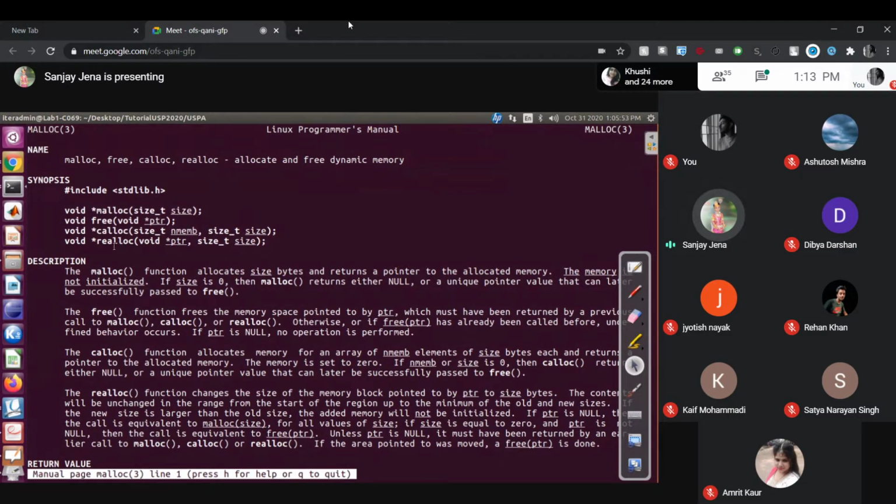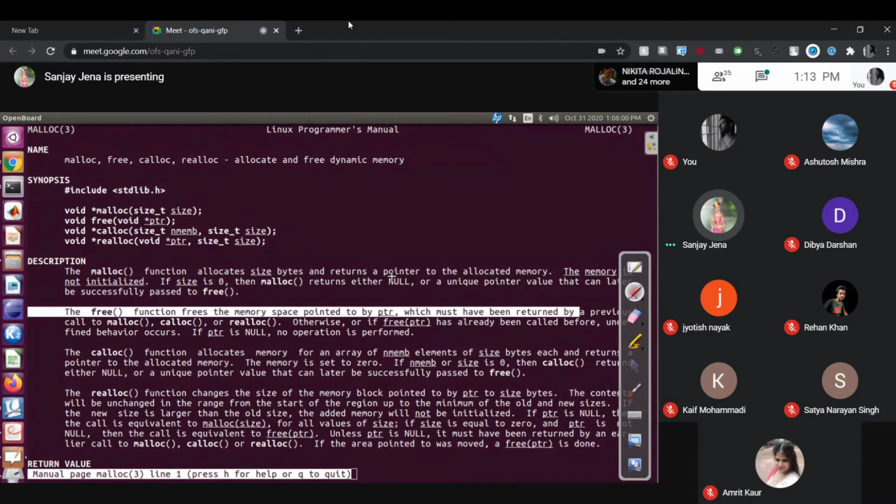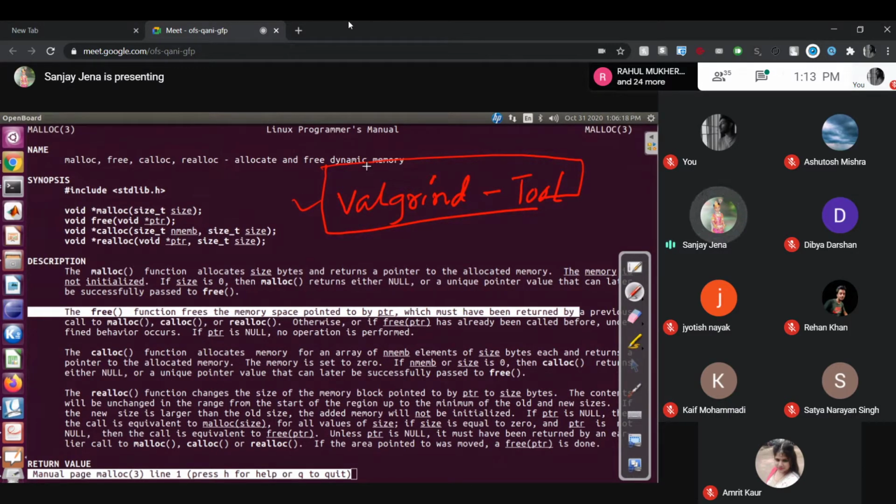But I have to work with malloc and calloc. If you require, you can also use realloc. If time will permit, I will show you the heap exactly in the memory, using valgrind, a tool. If time will permit I will use this tool, otherwise not. Just remember valgrind is a tool to study the memory leakage.